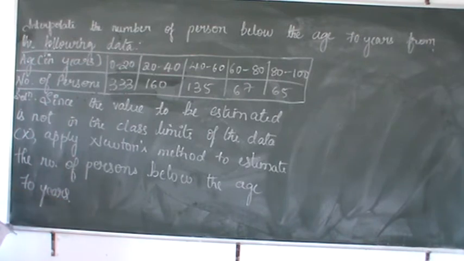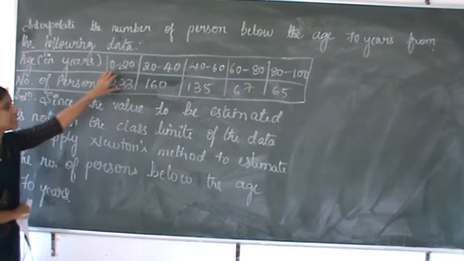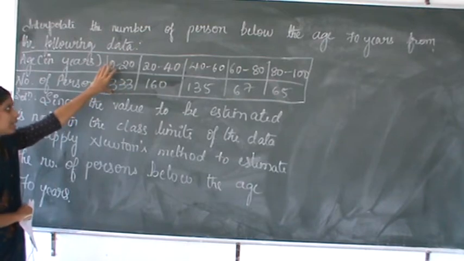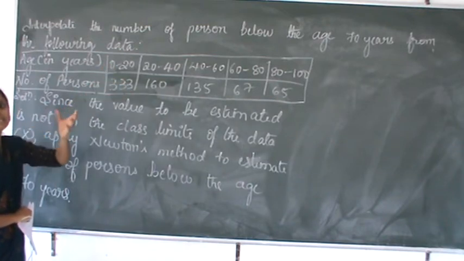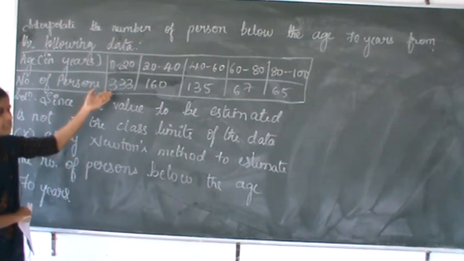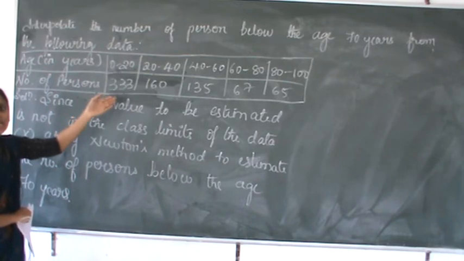So here class intervals are given. What we have to do is convert this frequency distribution into a less than cumulative frequency distribution. Whatever frequency distribution is there, that we have to convert into